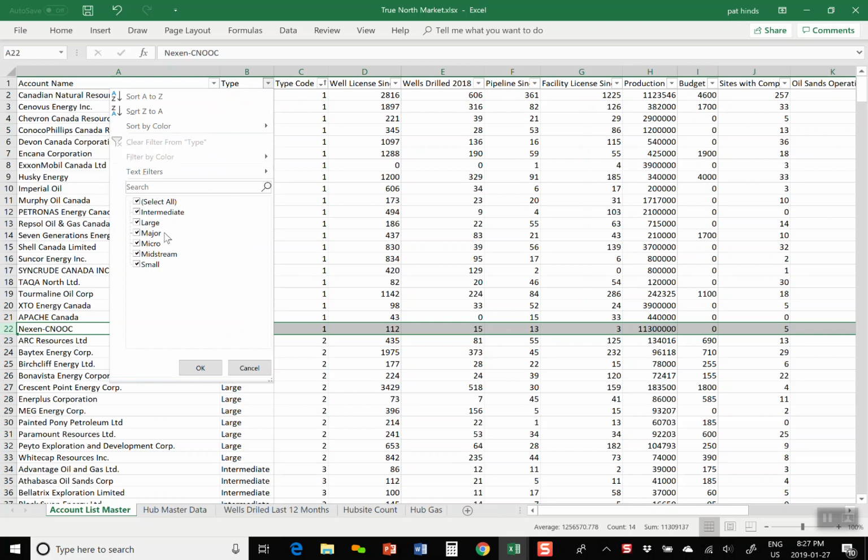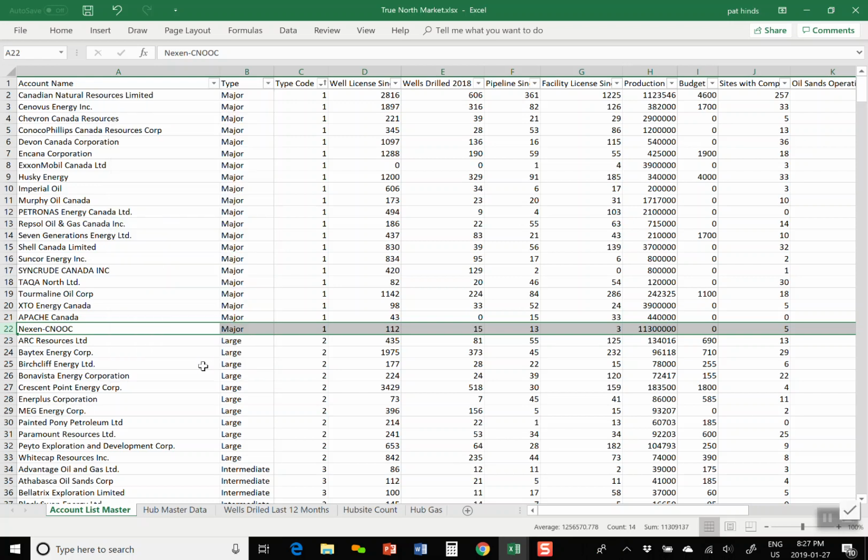Major, I think, is over 200,000 BOE. Then I said large, and large is kind of the 50 to say 200,000. And then intermediate is 10,000 to 50,000. And then small is below 10,000, say above 1,000 BOE, and then micro is kind of below that 1,000. So there could be some areas where we want to reassign accounts based on new information that we pick up,